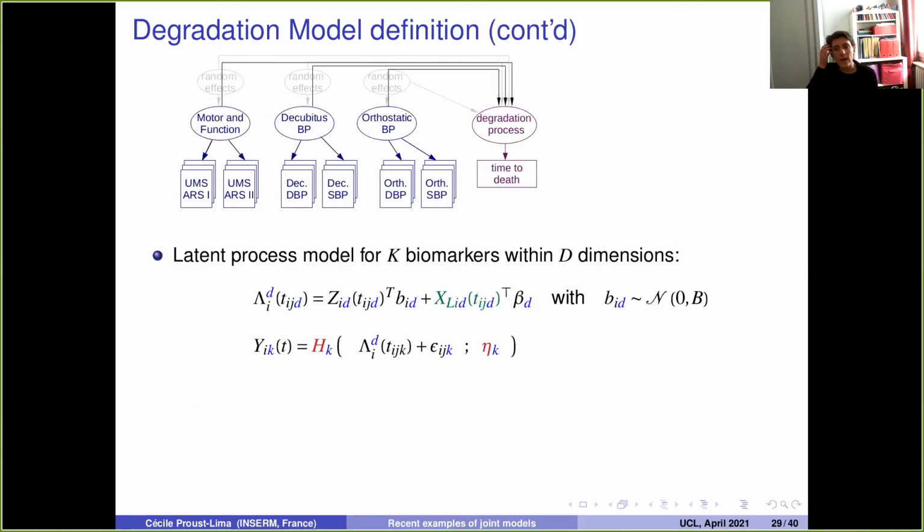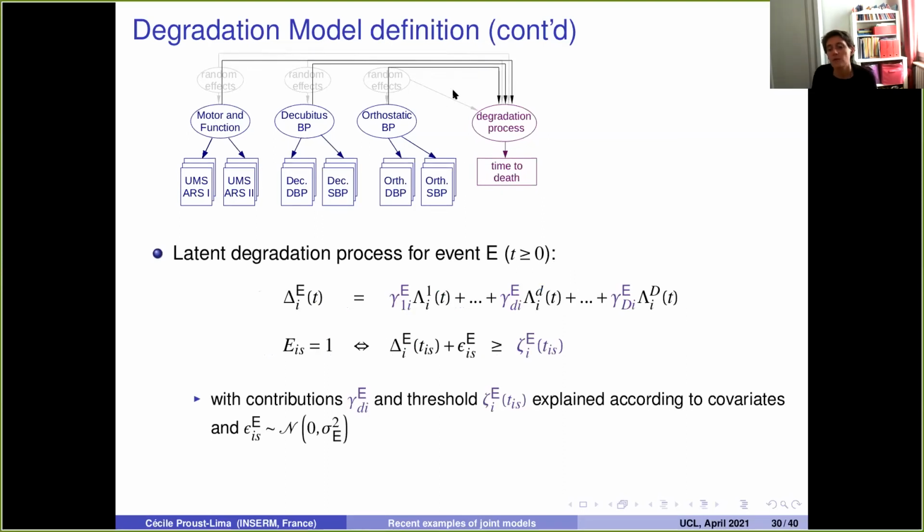So to do that, the idea is the same to deal with each of the dimensions. It's exactly the same as before. You have a mixed model to describe the trajectory of your dimension over time, and you have a nonlinear link function to link your latent dimension with the outcomes. That does not change. What will change is the way we associate those dimensions with the degradation process and the time to death. To do that, what we can do is to define the degradation process, so delta E, as